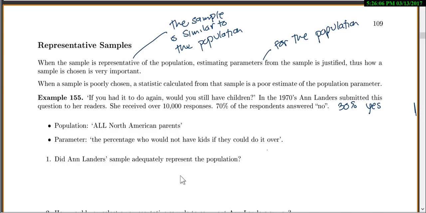So first we might ask, well, did her sample adequately represent the population? So let's go ahead and have you guys turn on your mics and brainstorm here. So you could give me a few different things. Do you think, not even based on the answer, but do you think that because she asked her readers and she received responses, okay, and 70% said no, what are you guys thinking about? Like, would her sample represent all the population? So brainstorm